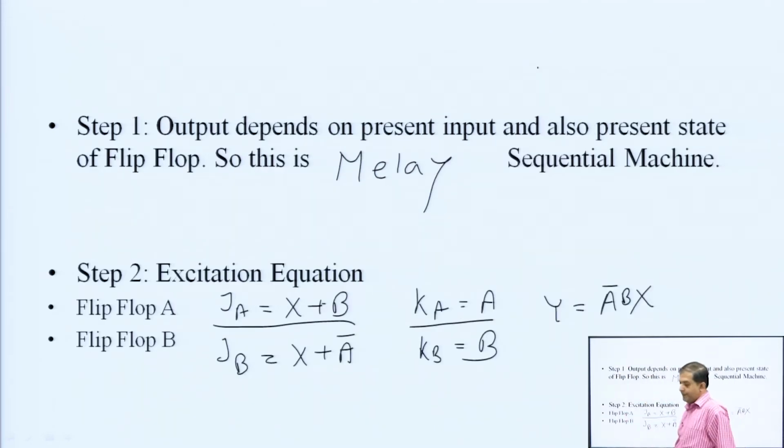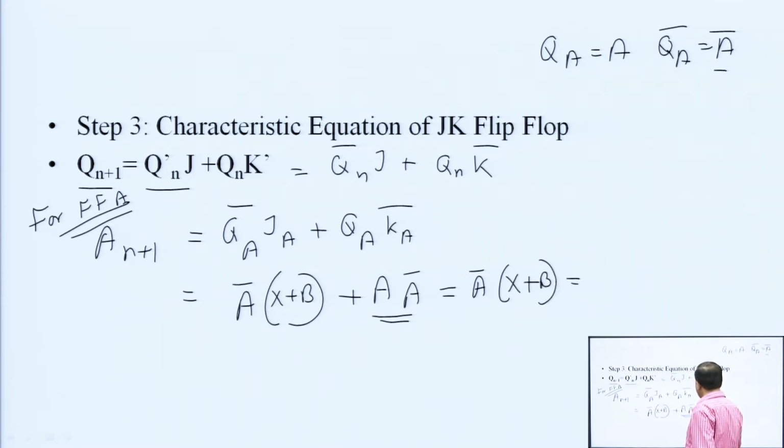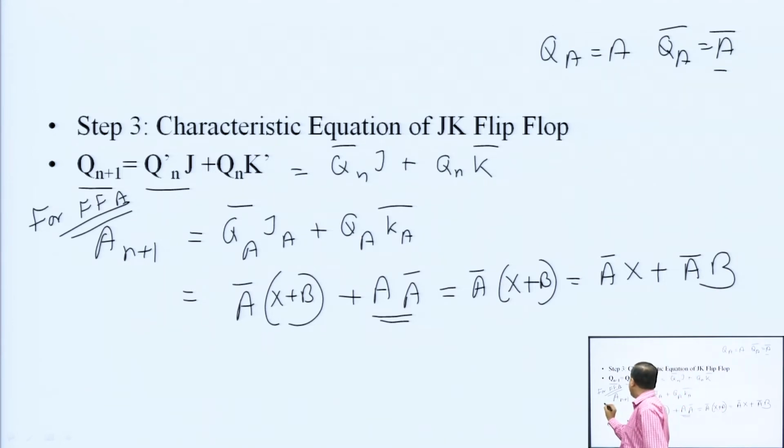K is equal to a. So, a bar is a bar. Now, you know that a into a bar will be 0. So, we will be having only a bar x plus a bar b. This is the next state of flip flop A. Clear? Got it? Now, for flip flop B,